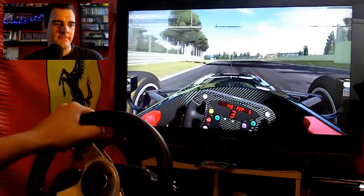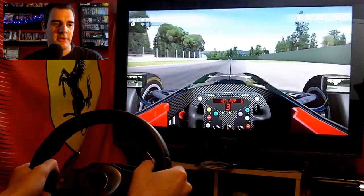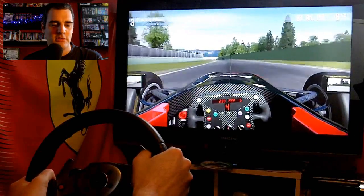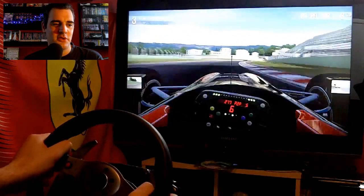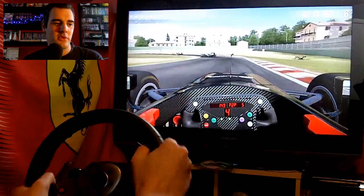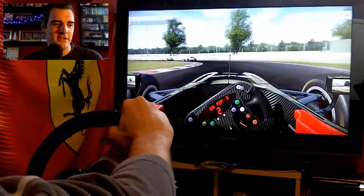And down again. Just over the curbs where possible. Try not to take too much curb, keep it as tidy as possible. More time can be lost obviously if you spin than just slow through the corner. No doubt with more experience I'd get quicker and quicker and test out new strategies and everything else, but I